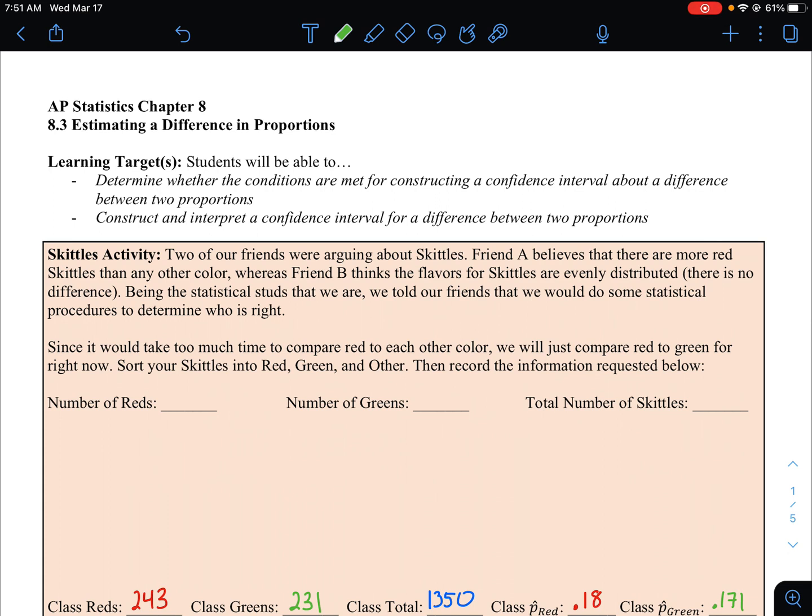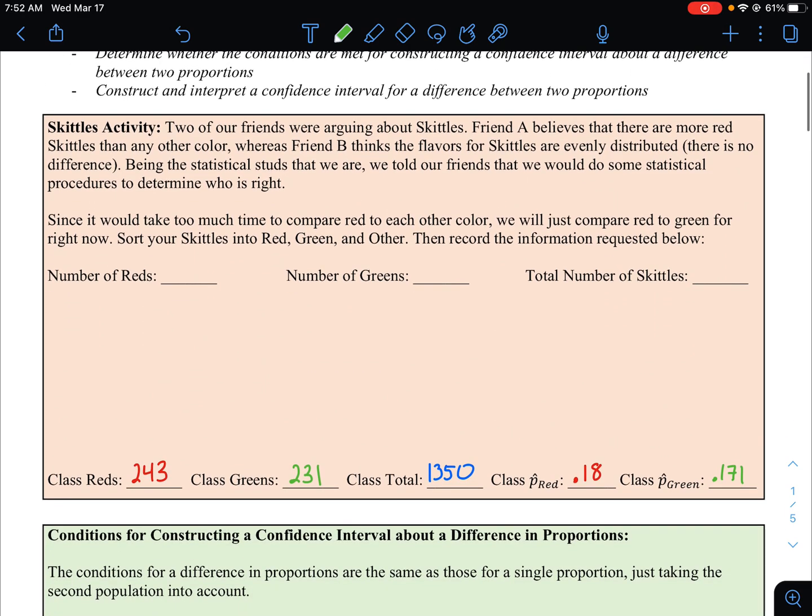Had we actually been in class in non-COVID structures, I would have asked that everyone had their own bag of Skittles, just a fun-sized bag or something, and you would basically count a couple things. How many red Skittles you had in your bag, how many green Skittles you had in your bag, and the total number of Skittles that you had. We would share those out, and we would find class totals. Okay? Ultimately, I just used some numbers from previous year's data, but our class sets here had a total, when I took everybody's reds and added those together, 243 reds, 231 greens, a grand total of 1,350